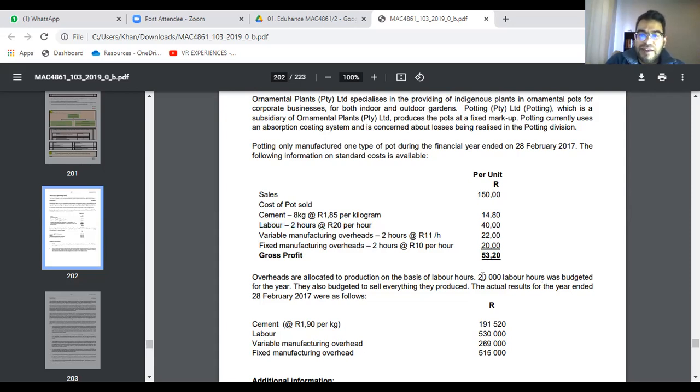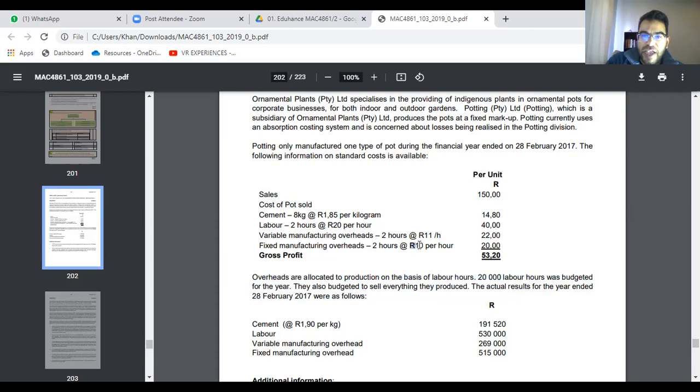So they're telling you 20,000 labor hours was budgeted for the year. They also budgeted to sell everything they produced. The actual results for the year ended 28 February were as follows. Okay, so just to take note over here, we are now able to, given the 20,000 labor hours, and given the overhead rate,